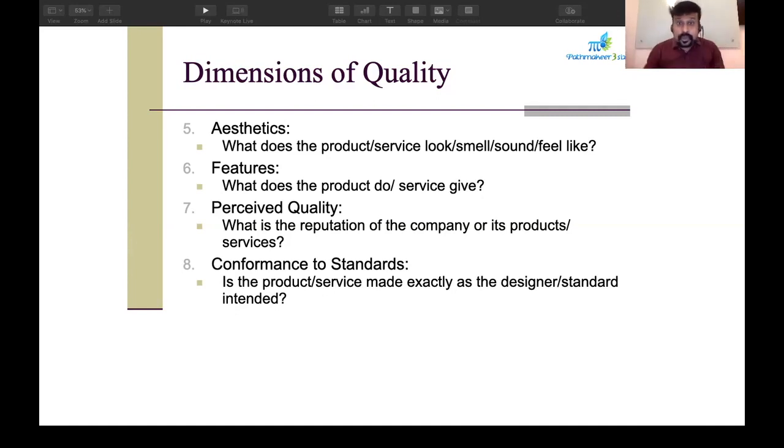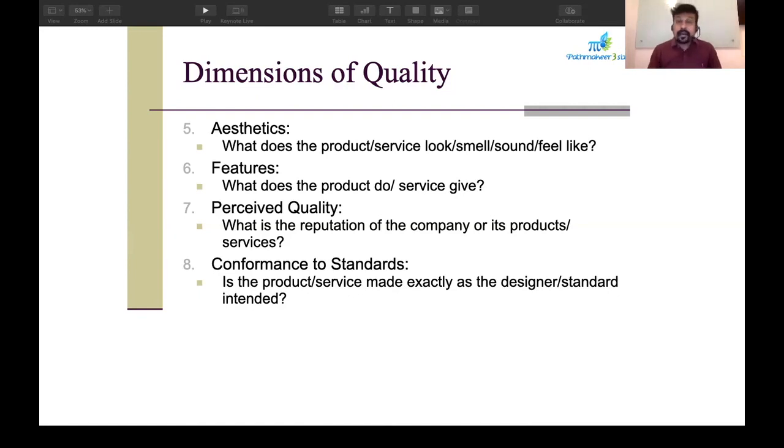Now coming to features, the next. Today, every product and every service is surviving in the market only because of these features, right? Only because of differential features between one product and the other product, people are buying a particular product. So features play a very important role in selecting a product, and thus also signify whether your product is a quality or not a quality product.